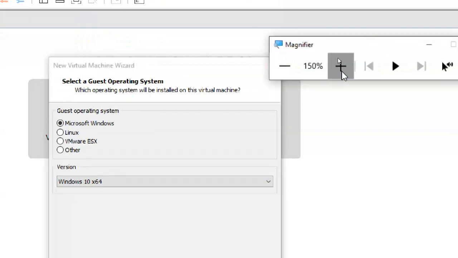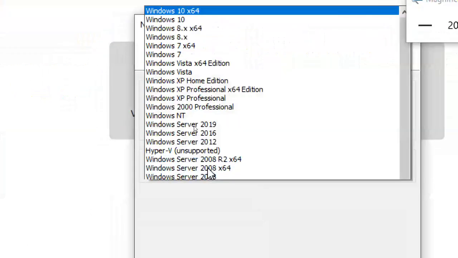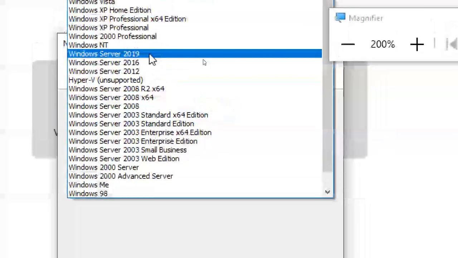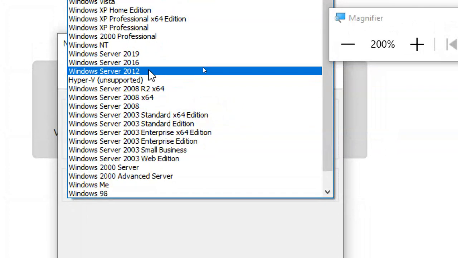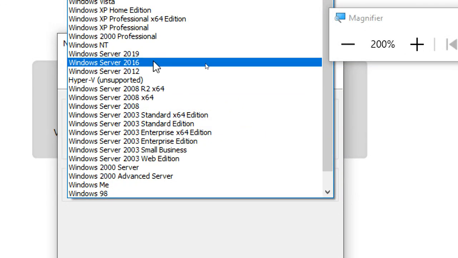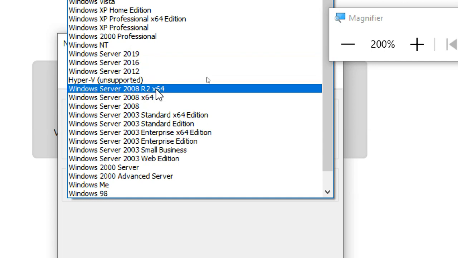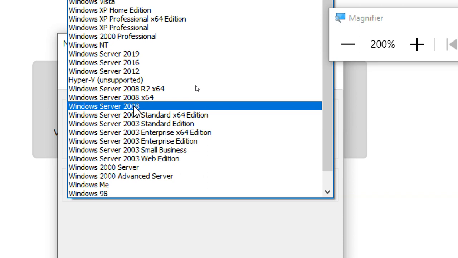From here, select 2019. We are installing 2019. If you install 2016, 2012, like that. Okay, 2019. So what is this? See, for 2008, 64 is there. Guys, people who downloaded 2008 32-bit, for your practical purpose you have to choose this option.